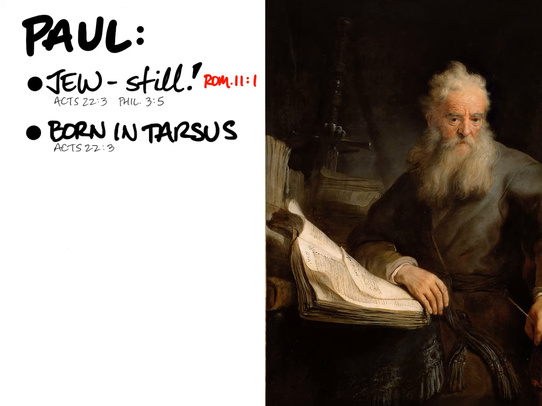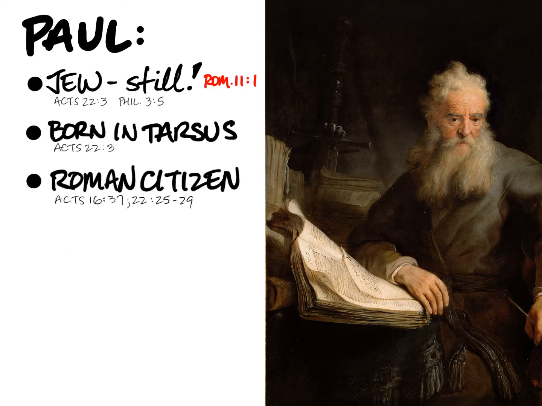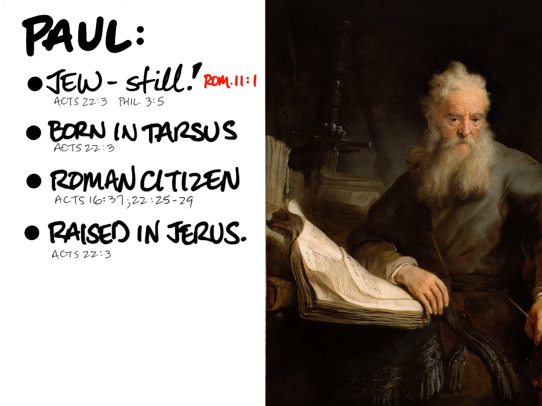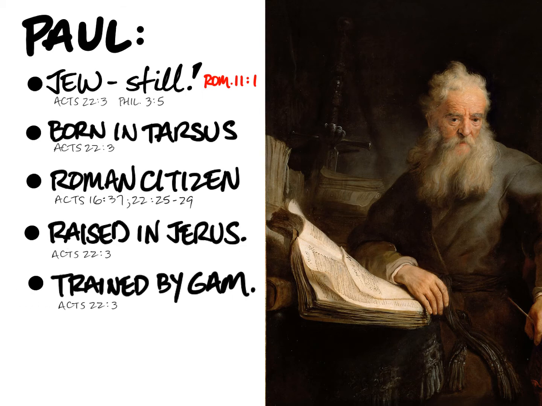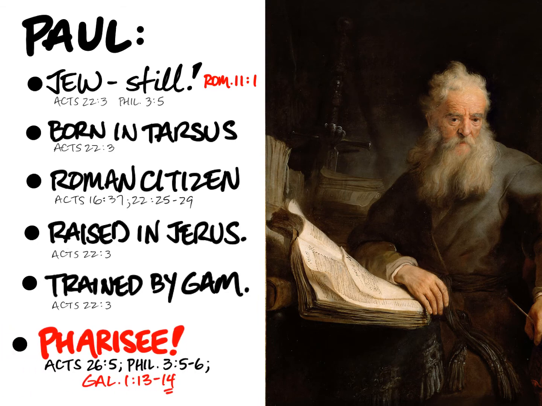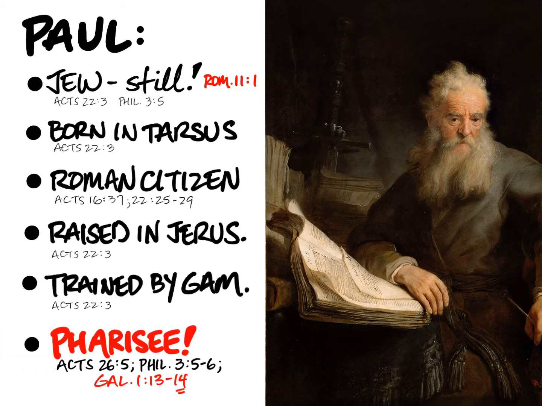We pointed out he was born in Tarsus. That means outside of Palestine, and so he may have been Hellenized, although we'll see in a moment he was raised in Jerusalem. He was a Roman citizen. We learn from several texts in the book of Acts, and I know you can't read the small print with the passages there. That's why I'm making all this material available in the way that I explained a moment ago. He was raised in Jerusalem and trained by a prominent rabbi, and so that brings to mind the fact that he was a Pharisee who was zealous for the law.